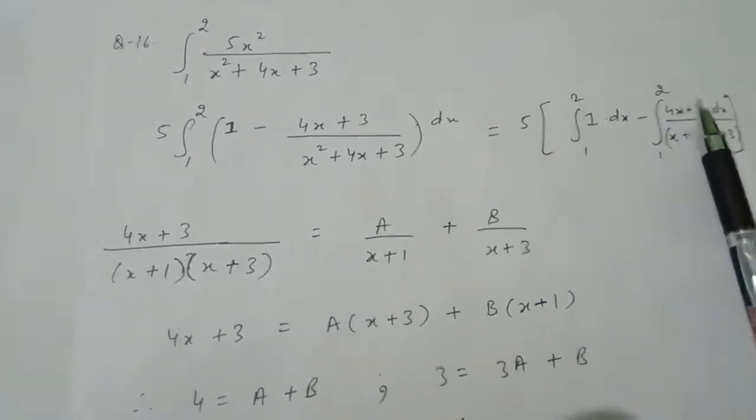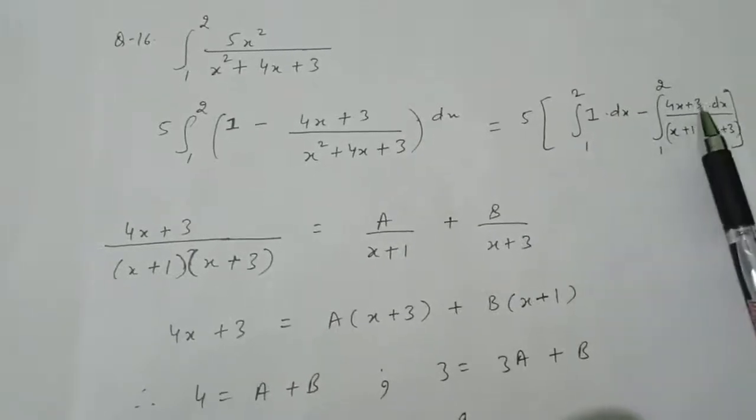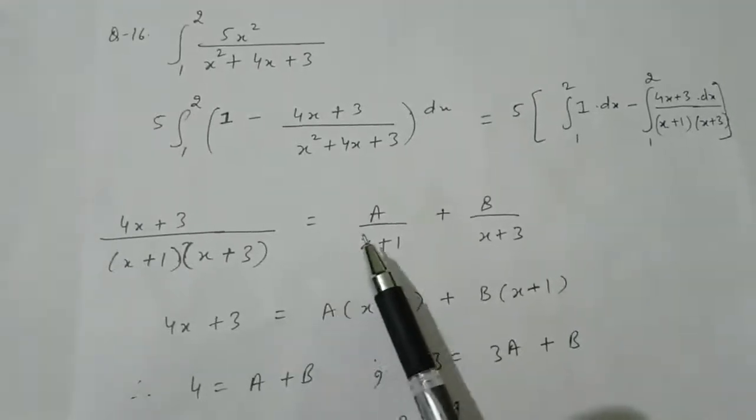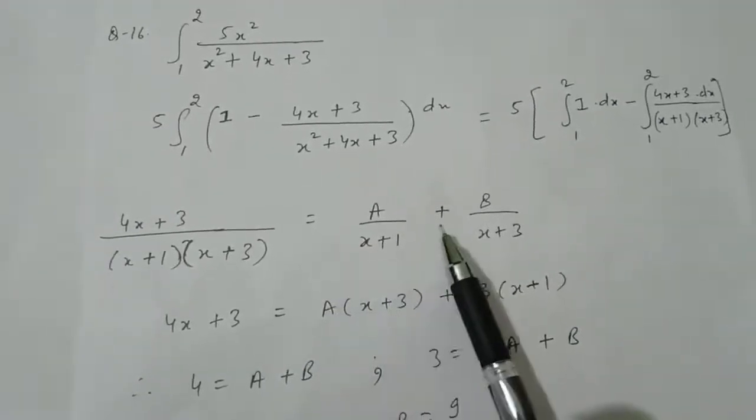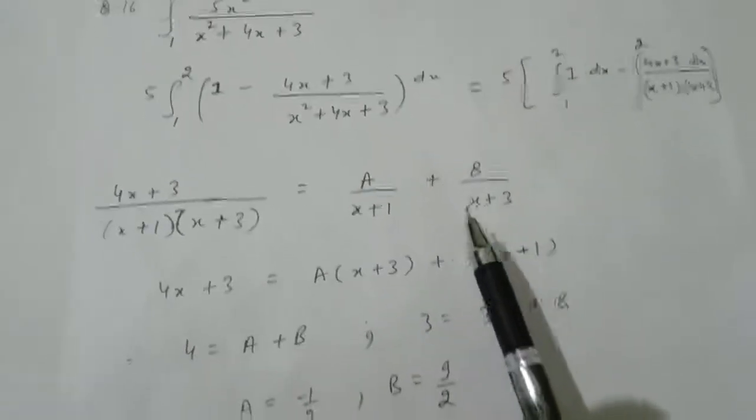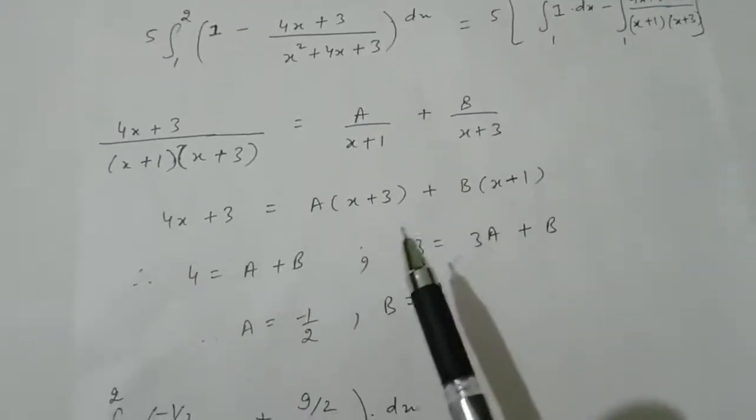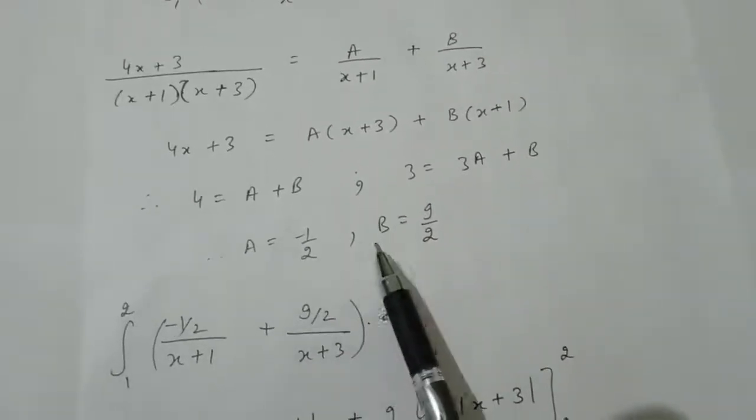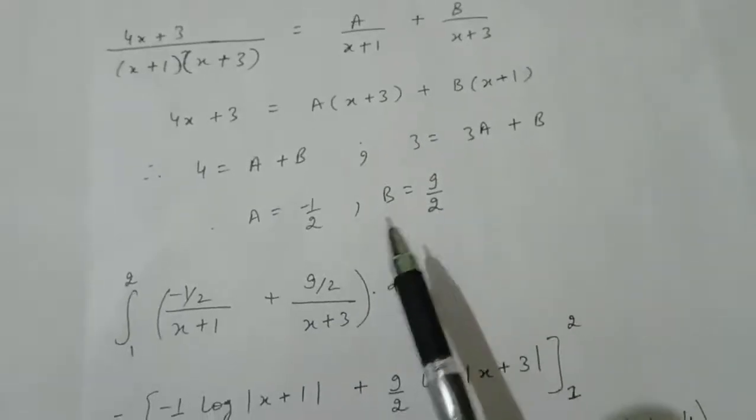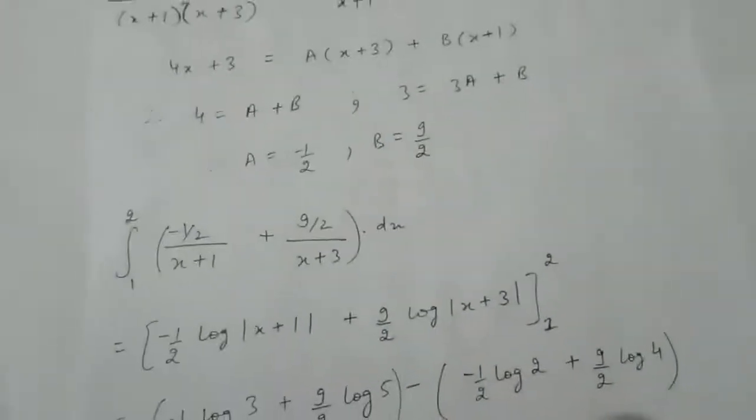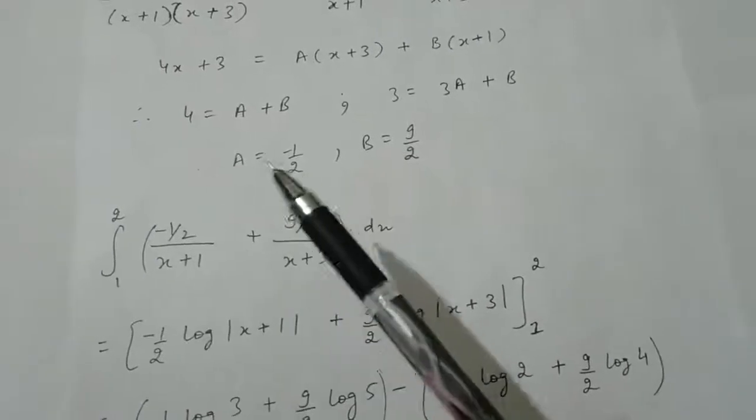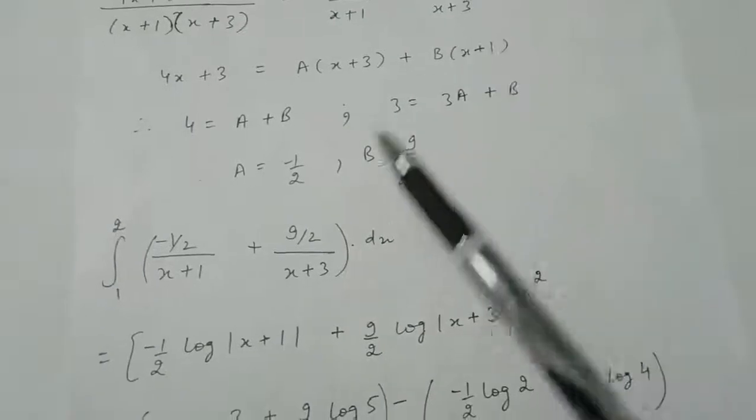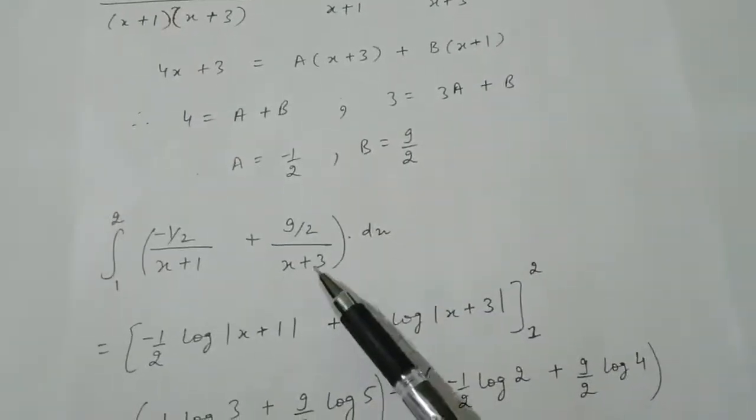Now we know integral of 1 is x, so we will first of all find the integral of this function. Now this function can be written, by partial fraction, as a upon x plus 1 plus b upon x plus 3. Now take LCM and compare the coefficients. So after comparing the coefficients you will get the values of a and b as minus 1 by 2 and 9 by 2. So the integral will now become the integral of, in place of a, minus 1 by 2 upon x plus 1 plus, in place of b, 9 by 2 upon x plus 3,